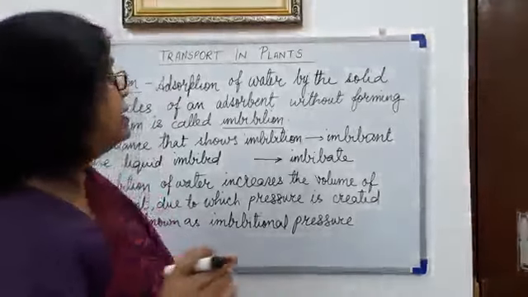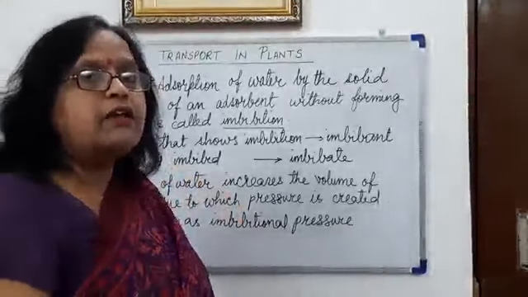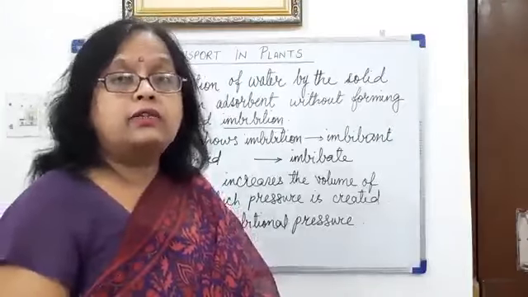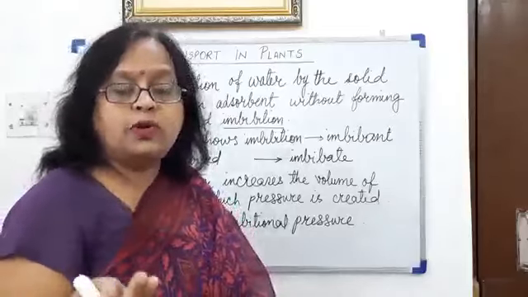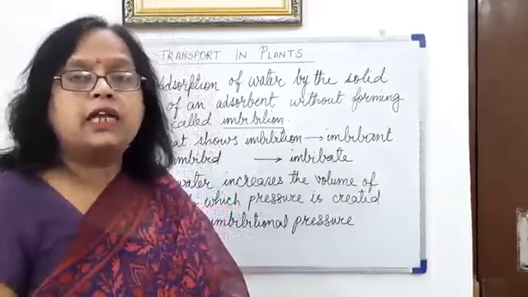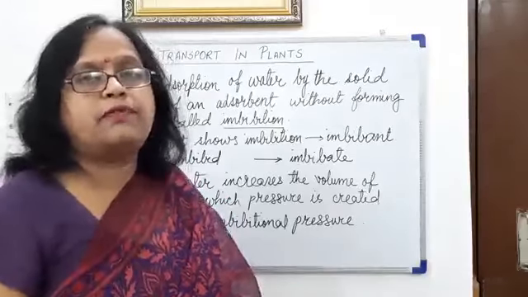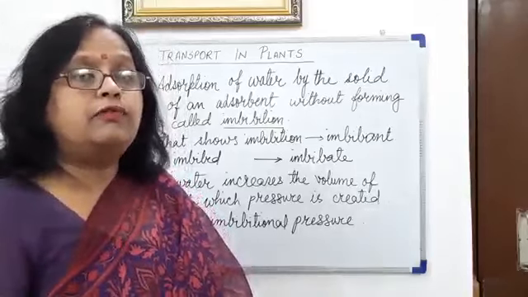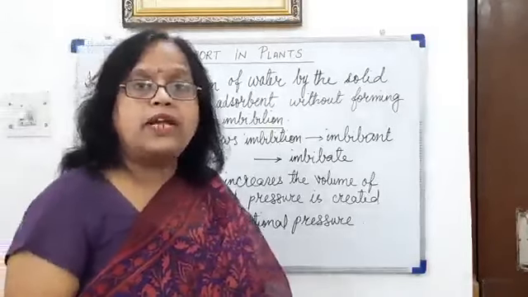So the cell wall is made of cellulose. The seed coat of the seed is also made of a protein layer, etc. So this protein, cellulose, etc., are the substances which attract water towards themselves, and the water molecules adhere to the surfaces of these substances found in the cell wall. And by the formation of this imbibitional layer, the water is then absorbed inside the cell.